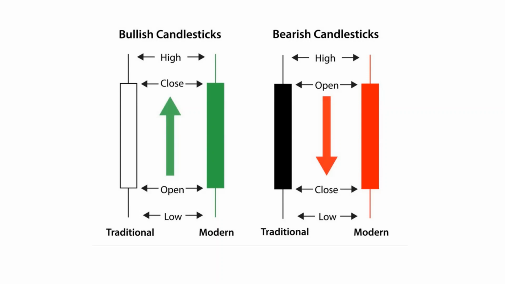In the above picture, it is clear how the values are represented in the form of a candlestick. Candlesticks are of two shades. On days when the closing price is greater than the opening price, they are of a lighter shade, normally white or green. It signifies bullishness or buying. On days when the closing price is lower than the opening price, they are of a darker shade, normally black or red. It signifies bearishness or selling.